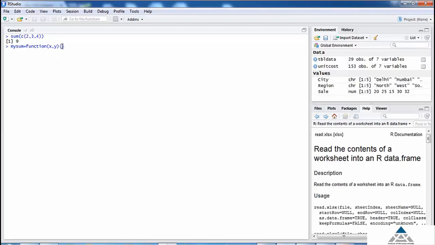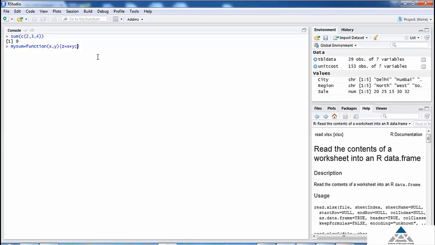Within the curly brackets, we will write what we want the function to do. Write z is equal to x plus y. Hence, this is the argument part, and this is the calculation part of the function that we have defined. Put a semicolon to give the next statement.